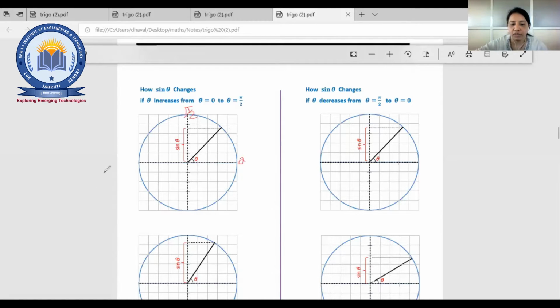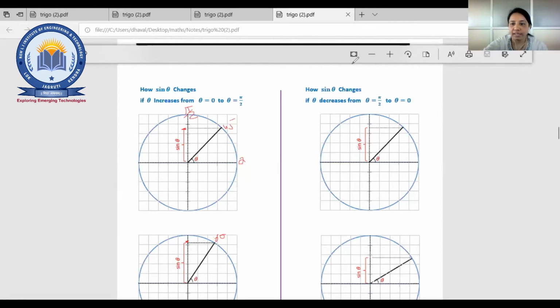So just below the figure of that one. Theta we have increased. Here suppose 45. Here maybe 60, right? So theta is increasing. The sine theta value, that means the point on the y-axis, that is also supposed to be increased. You can see in this figure, here it will end, right, at this point. Now in this, the point will be here. So obviously the value of sine theta is supposed to be increased.